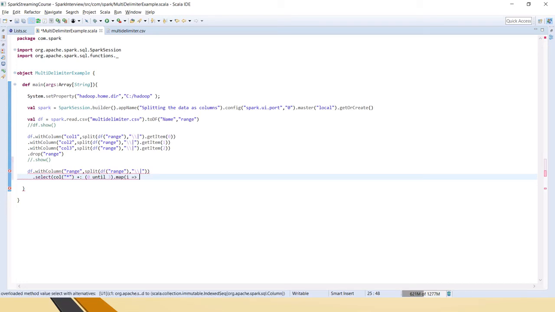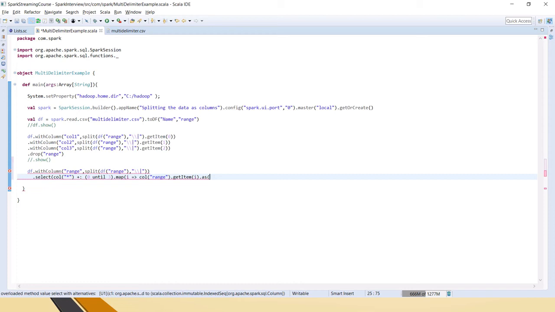So for each i, what we have to do is, in the column range, we can also mention it as df of range. Okay, both are the same. So in the column of this range, we have to get item of i, instead of hard coding 0, 1, 2. We are saying get item of i. Okay, got it clear, right? As here we are renaming it. So here we have mentioned column 1, column 2, column 3 and all, right?